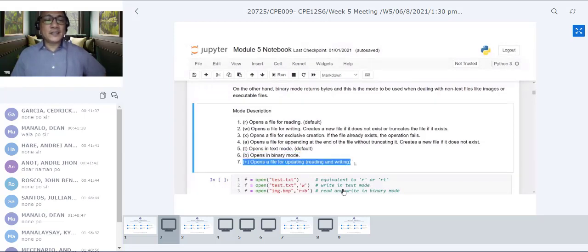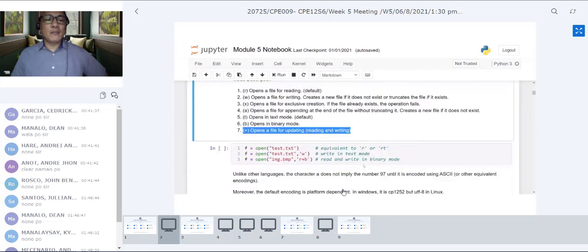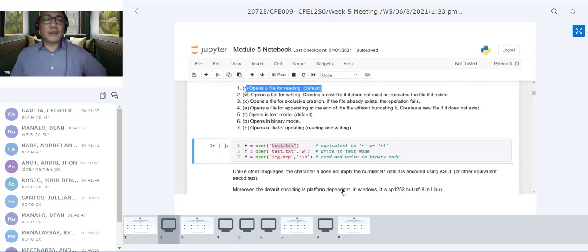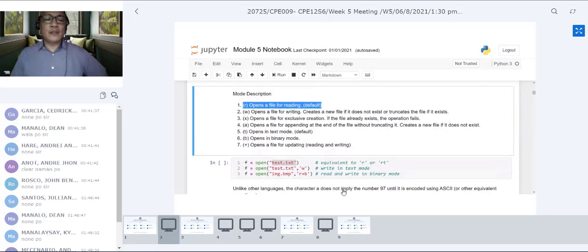So here are some examples. This one is the same as having to open it without designating a mode. That means the default is R. Then the number 1 in our description, this would be the default. So if you will not put something here and you open a file, like for example you open this one, that means this one has an equivalent value of